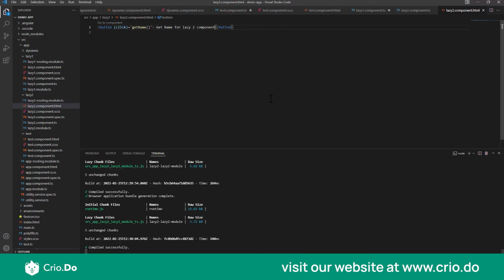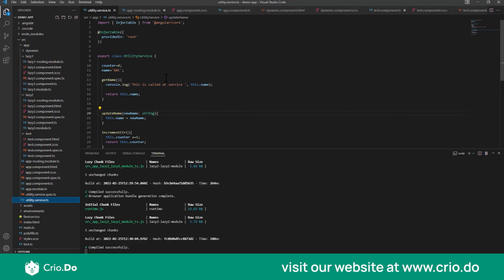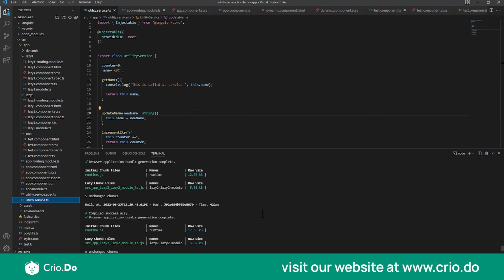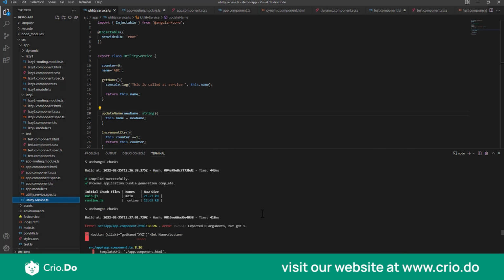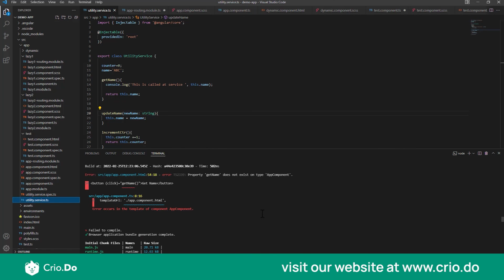So now I hope that you guys are clear on how we can create a service and share it between the components. So just to recap it again fully, to create a service, all we need to do is, if you just scroll a bit up in your Angular CLI,